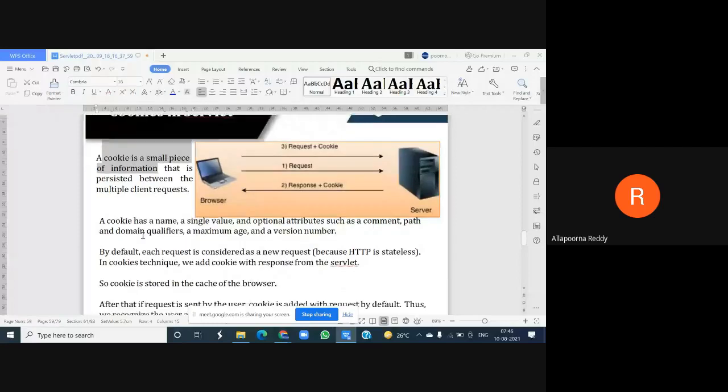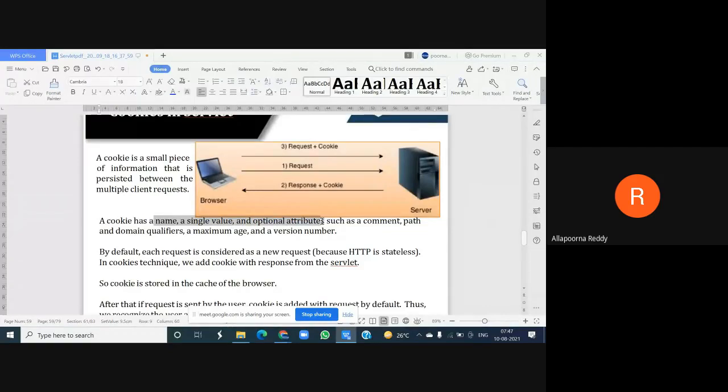Why I need to maintain it is the reason I told already: the user should have his own identity, and the information about the user we need to maintain, we are using the cookie. And what does the cookie have? When a cookie is returned by your web server to the client browser, it has a name and a single value and optional attributes.